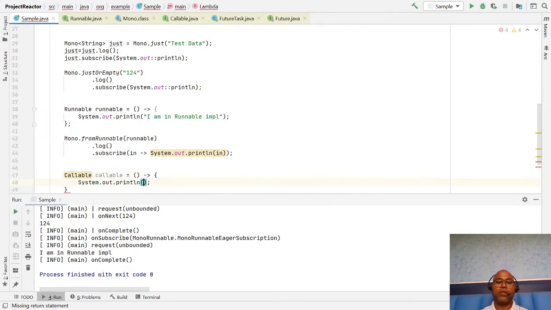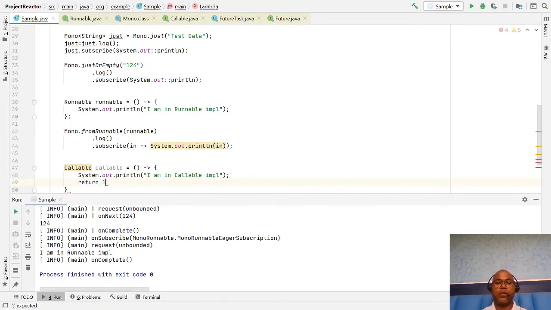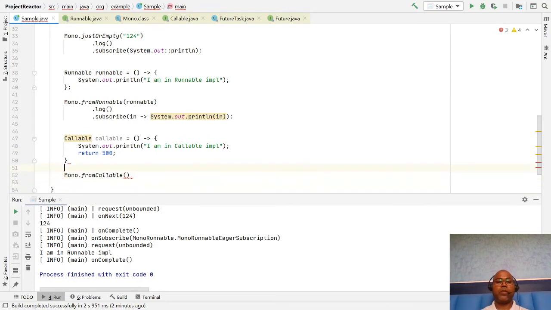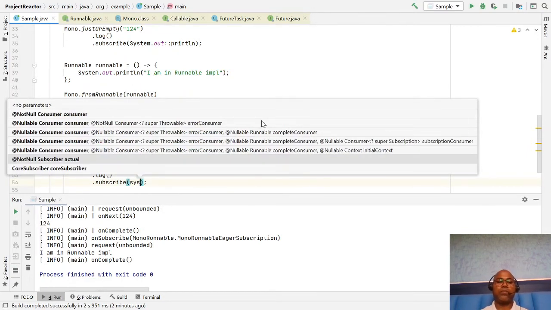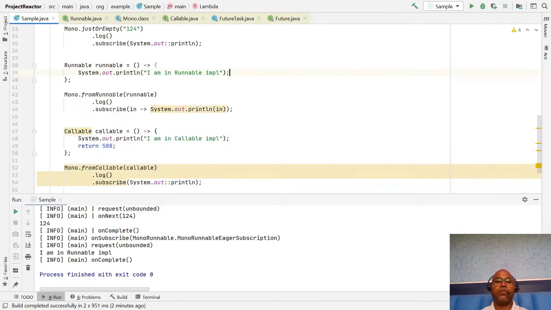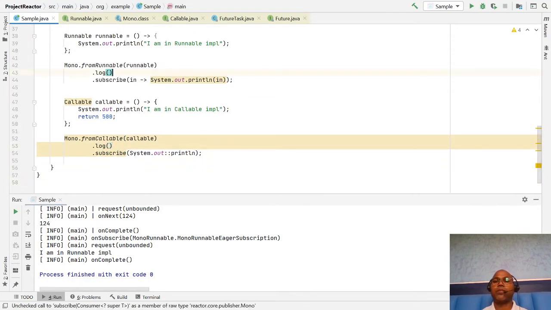So let's print out I am in Callable implementation, and then return some value, let's say return 500. So here we have implemented it. Now we can pass your Callable object into the mono. From here, Mono.fromCallable, you have created your mono, and then you can add log, then subscribe to this publisher, and if you run it, here,